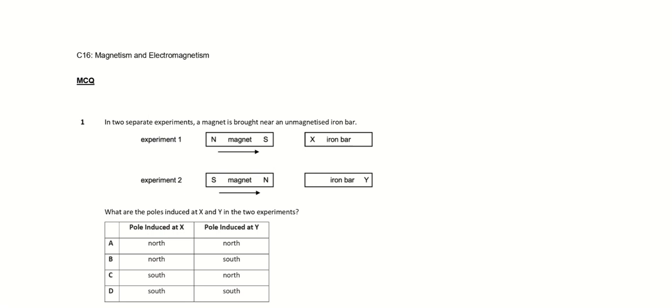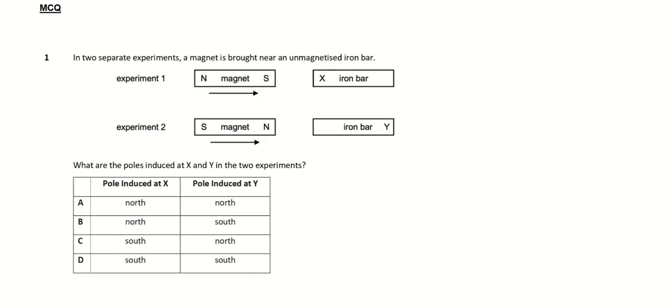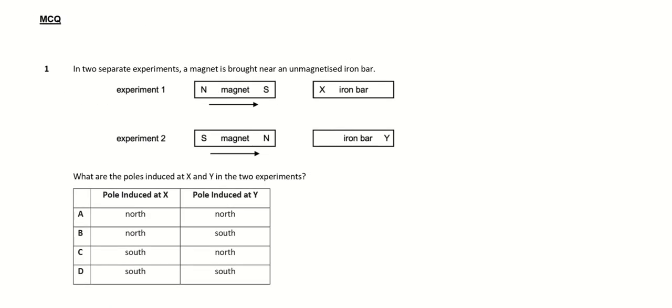Okay, so for this video, I'll be doing the MCQ and structured questions for magnetism and electromagnetism. This is part 1 of the video because these are things that we have already learned, more of magnets. So for MCQ 1, in two separate experiments, a magnet is brought near an unmagnetized iron